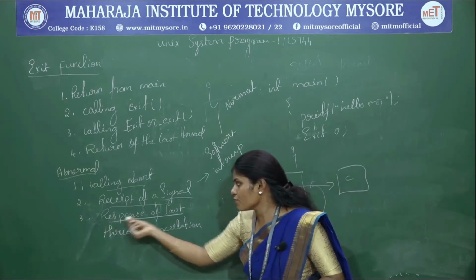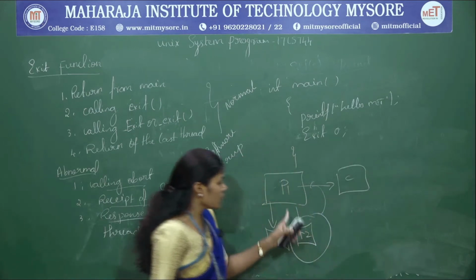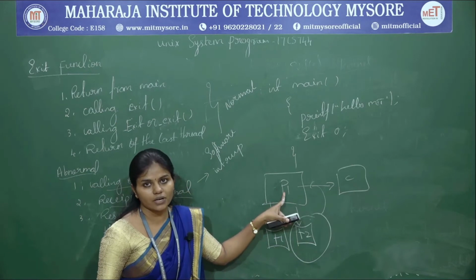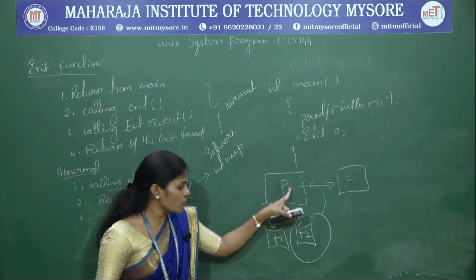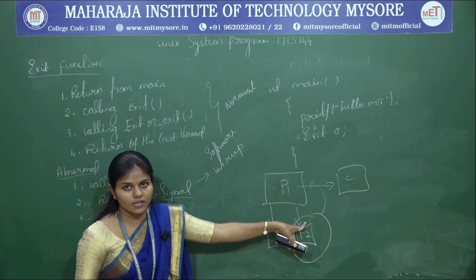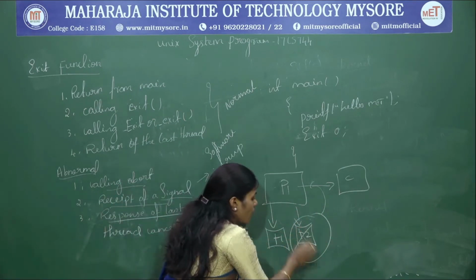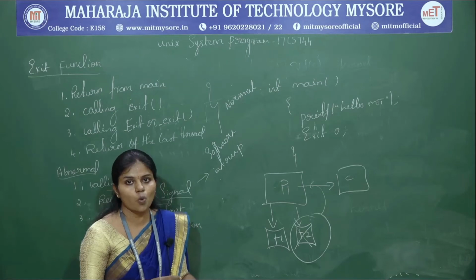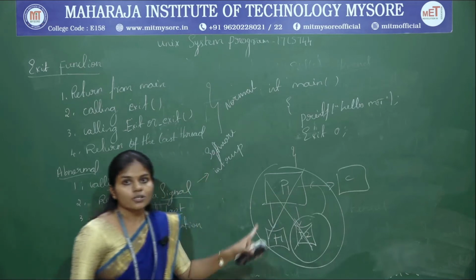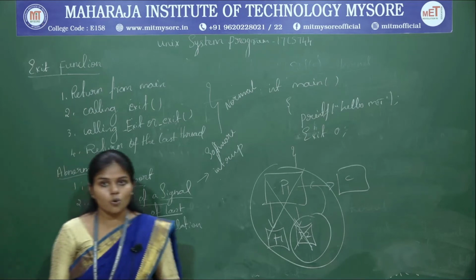So the third way is the response to the last thread cancellation. In the previous example, thread 1 and thread 2 are created by the process P1, right? The parent is going to wait until all the threads terminate successfully. But while it is waiting, the last thread is cancelled. In that case, the whole transaction is going to be cancelled, right? In that case, an abnormal termination is going to happen.